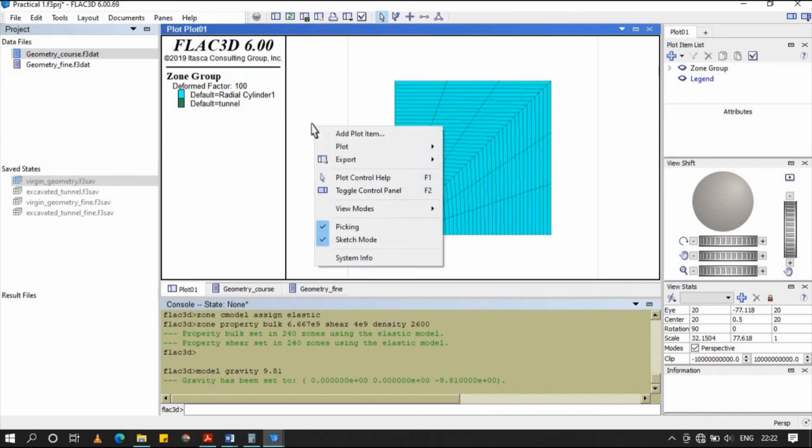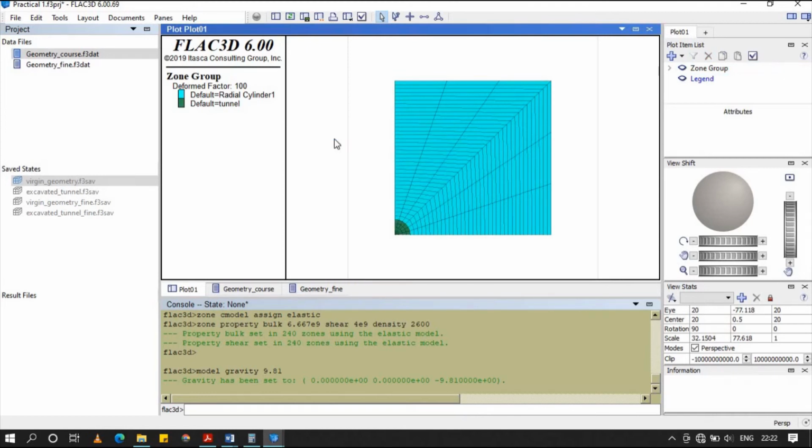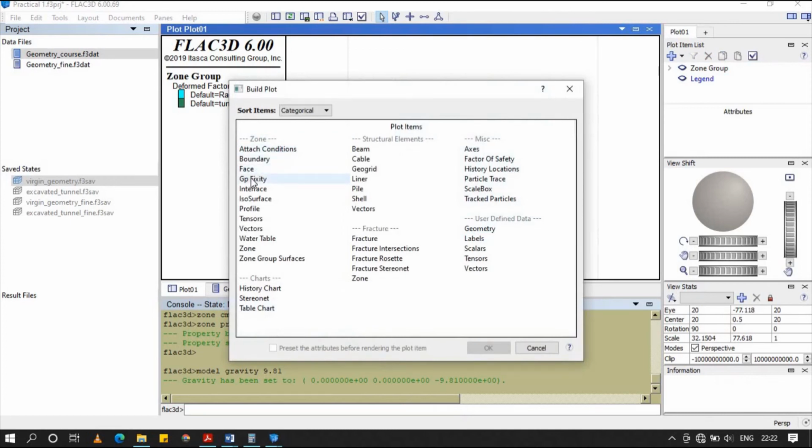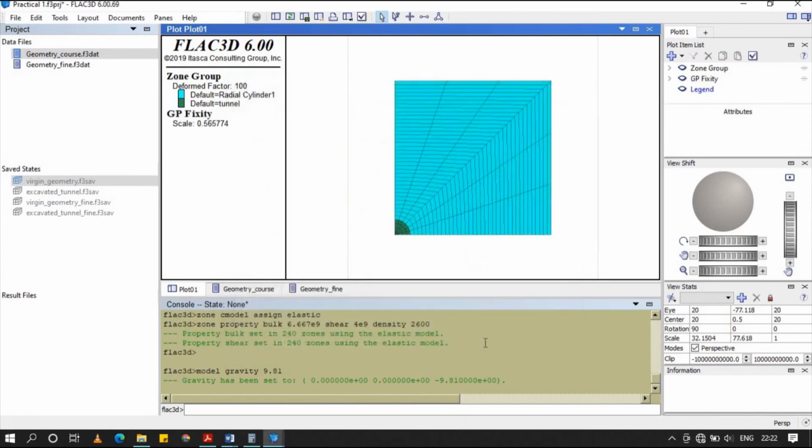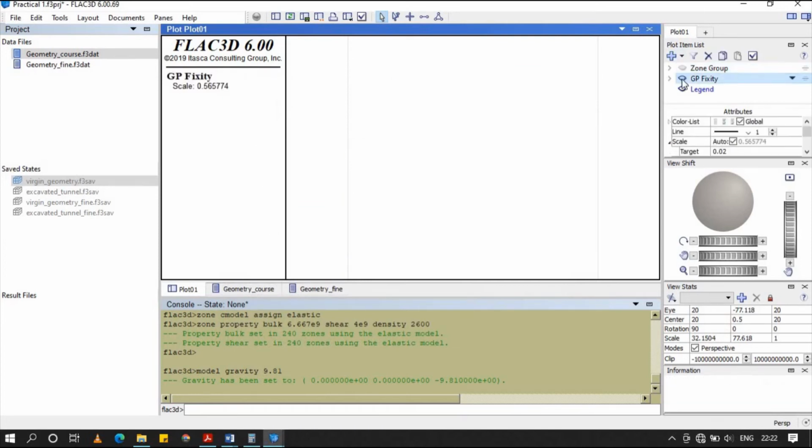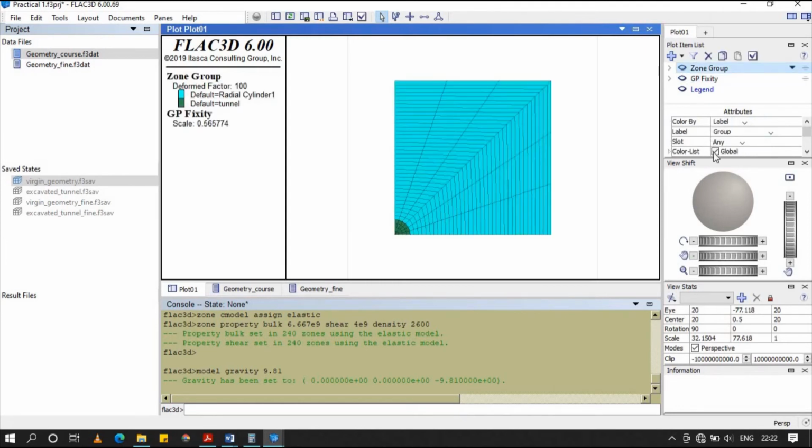right click on this tab and add plot item, and then you can click on GP fixity and press OK. It's not showing yet. Maybe some sort of problem is occurring.